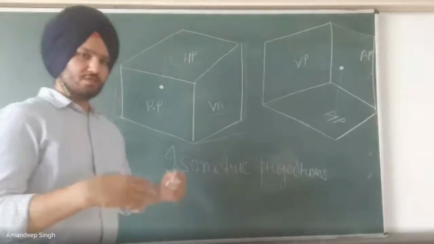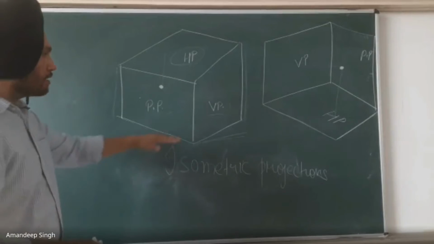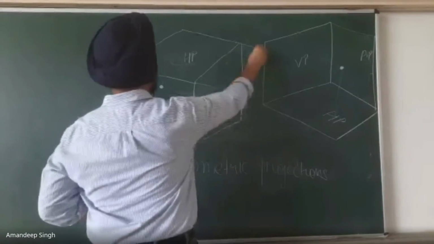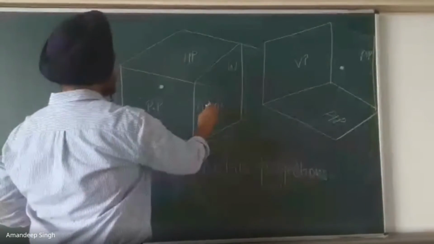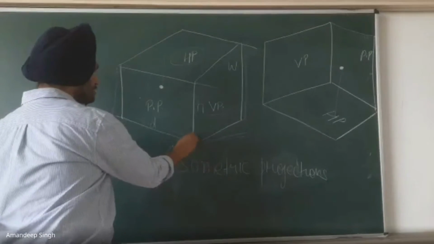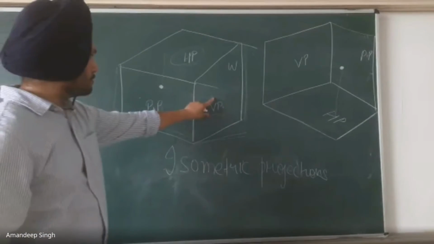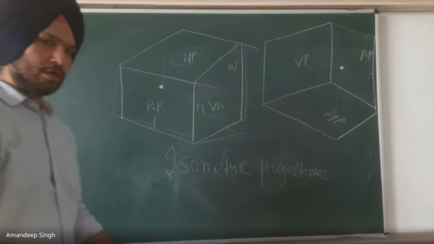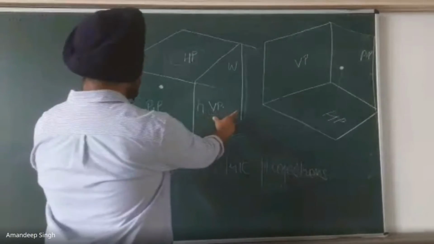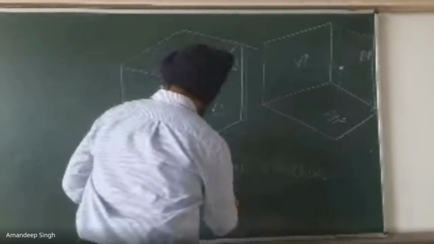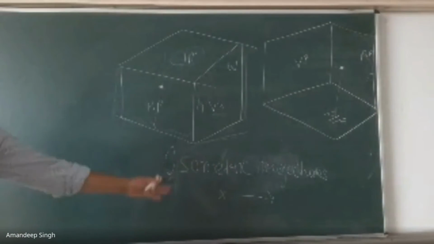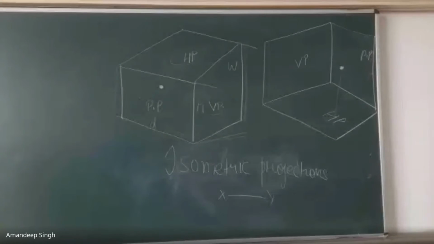So that 3D pictorial view, when the height is visible, the width is visible, and the depth or thickness of the object is visible in one confined picture, is called isometric projection. And when you separate these views using a reference line, where we have top, side, and front view, those are called orthographic projections.